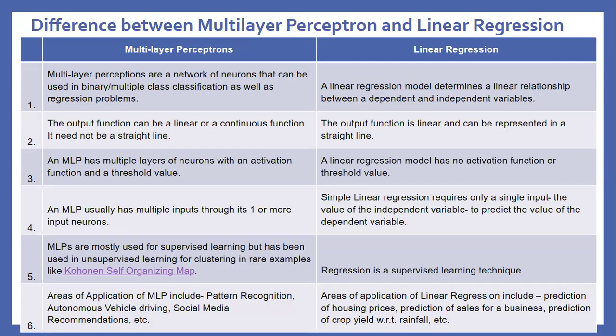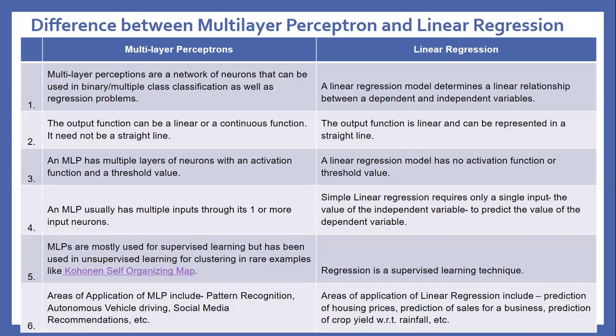An MLP has multiple layers of neurons with an activation function and threshold value. A linear regression model has no activation function or threshold value. An MLP usually has multiple inputs through its one or more input neurons. In linear regression, simple linear regression requires only a single input, the value of the independent variable, to predict the value